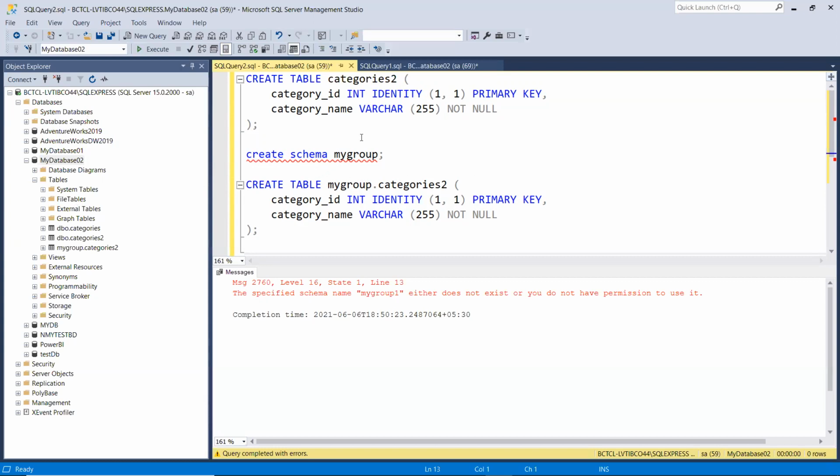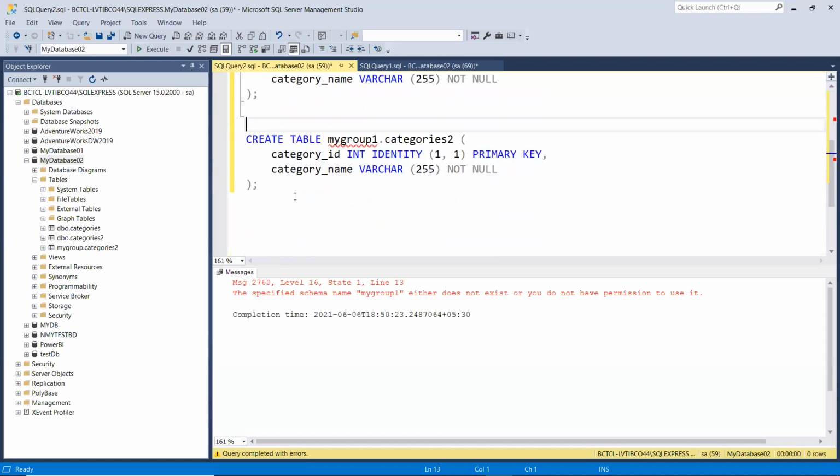Also, can we have multiple tables with the same name? The answer is yes, but they should come from different schemas. Let's say we have two groups, north region and south region. Maybe we'll have the same table, customer details. So we can have north dot customer details and south dot customer details in the same database.